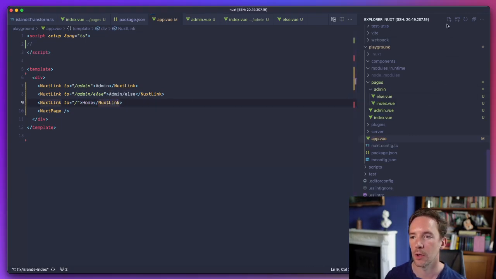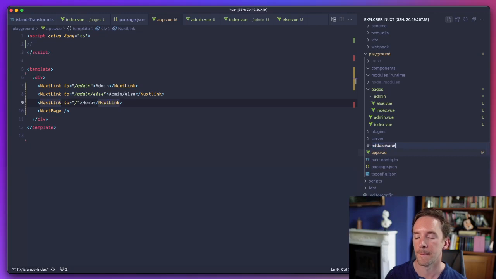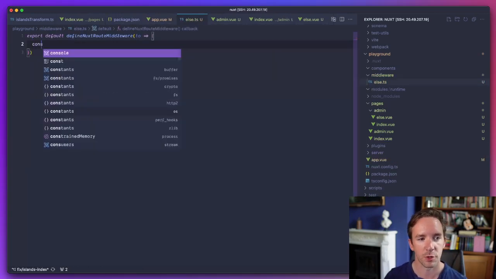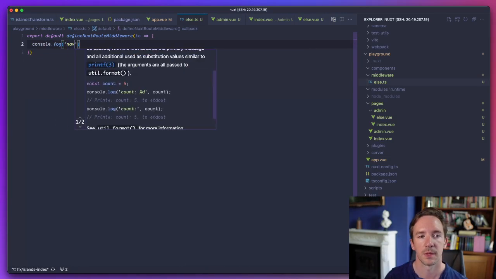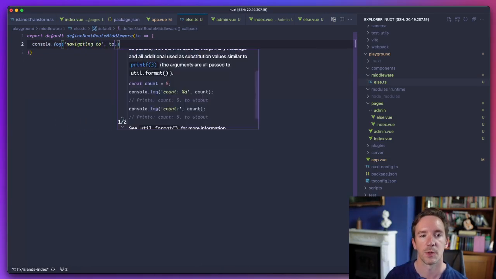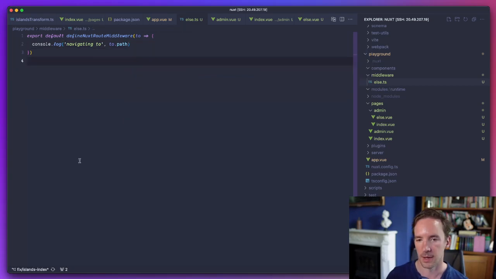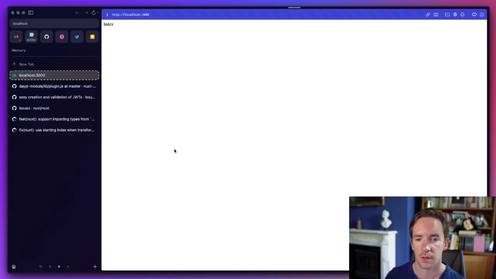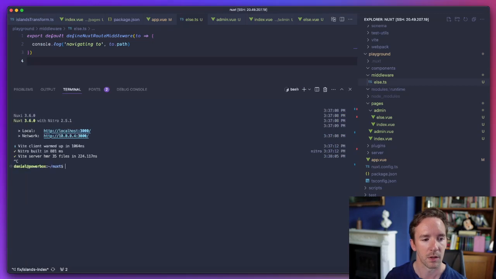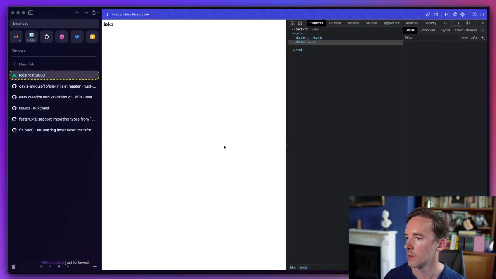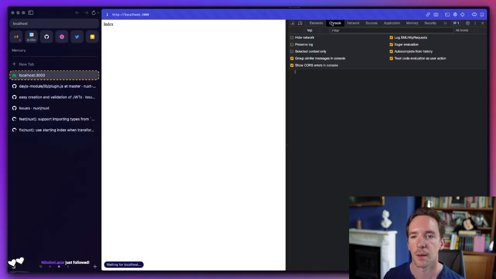Okay, and we want our middleware, and we want something called else, and it's going to need to just do a console log, navigating to path, and that should load us up an app.